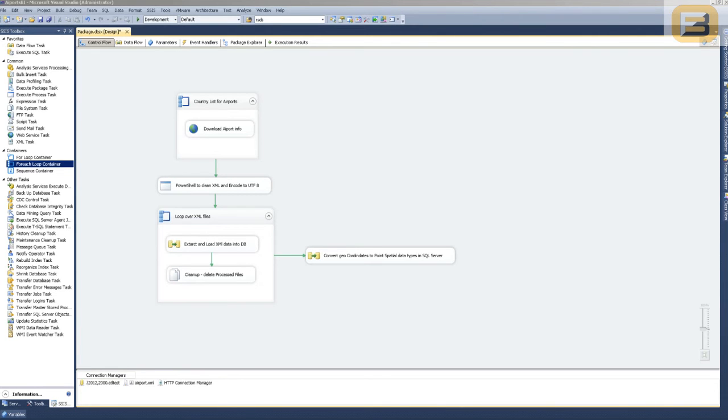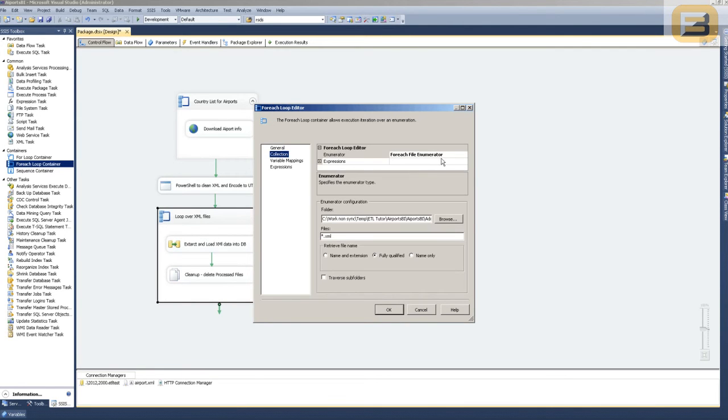Now that the files have actually been shredded and parsed with the correct formatting, we are ready to load the data into the database. So you'll see that again I've got a for each loop container, except this time I'm doing it for each file instead of every item in a list. And you'll see that I've defined the file path here. So there's the file path, and I'm telling it to look only for XML files